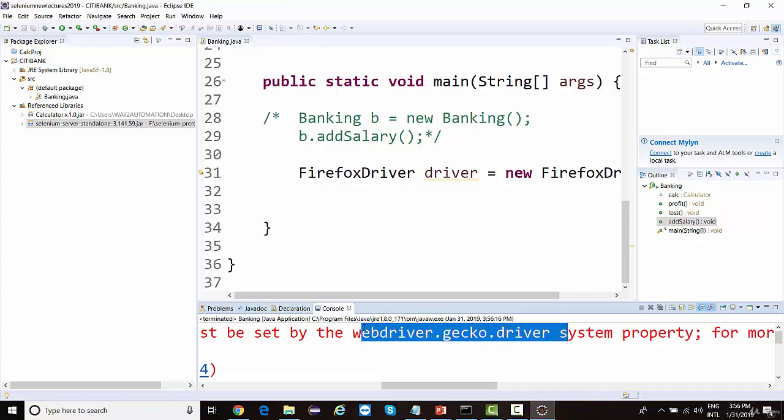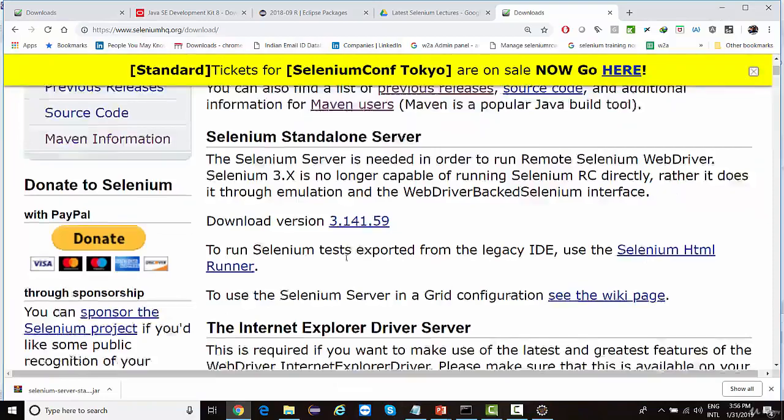In Selenium 2 as well, if you want to work on Chrome, IE, Safari, Opera, you need a separate executable file. In case of Firefox, there was direct support. But as soon as 3.0 came into the market, there is no direct support for Firefox as well. So in order to work on Firefox as well, you would need an executable file.